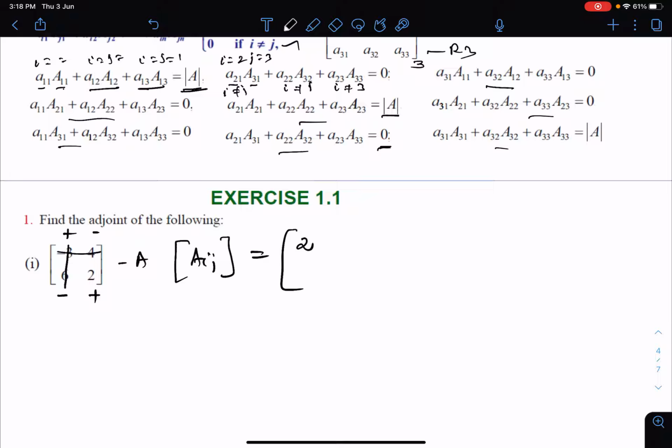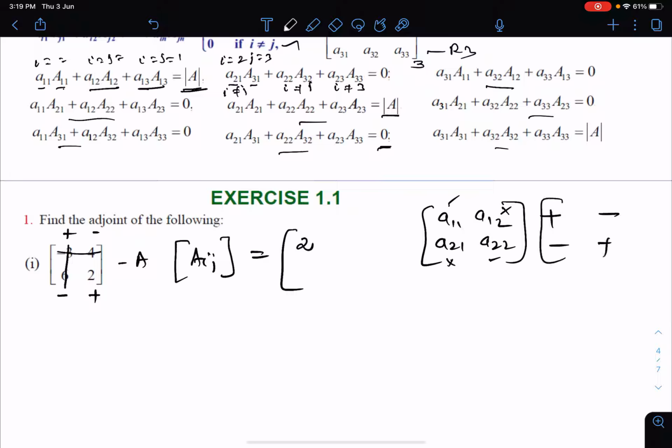Why here it is minus? Actually 2 cross 2 means you will get a11, a12, a21, a22. Now which are the odd elements? 1 plus 1 is 2, 1 plus 2 is 3. Here also 2 plus 1 is 3, and here it is even. So this is even, this is odd, this is odd, this is even. So your sign convention will be plus minus, minus plus. This is how you are getting your minus here, because for cofactor you have the signed minor, isn't it? So minus 1 power i plus j you are applying here. Here it is plus, so you get 2.